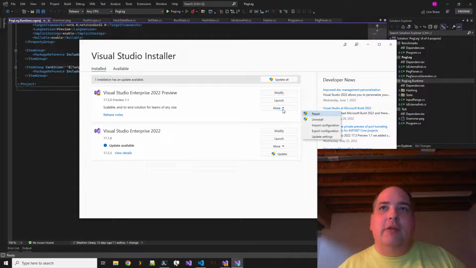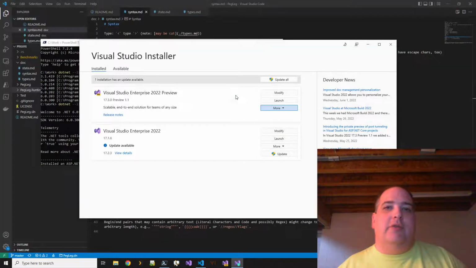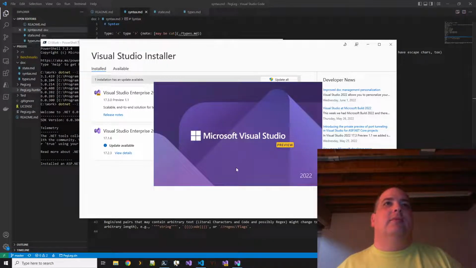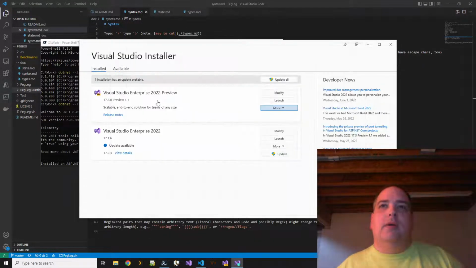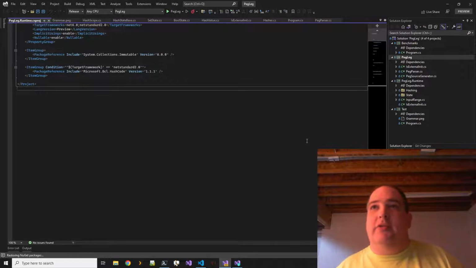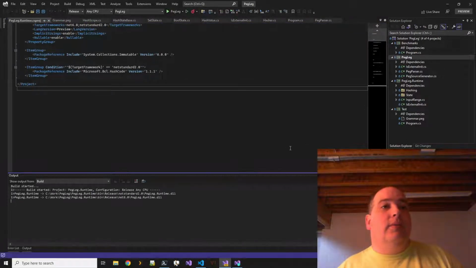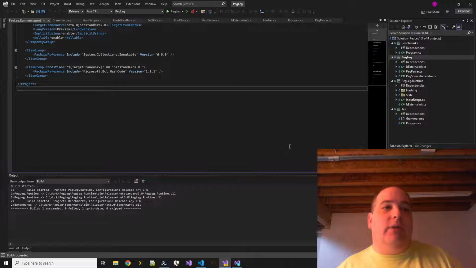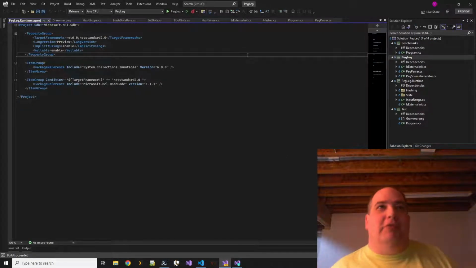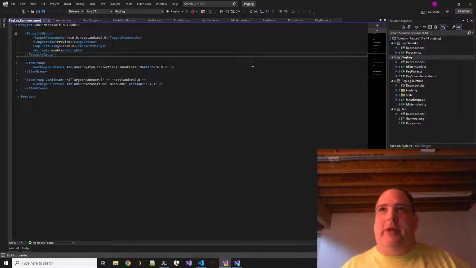Fair enough. First things first, let's restart Visual Studio. Maybe that will help. Actually, I should have grabbed that error message and seen if it's even installed. Yeah, there we go. I just needed to restart Visual Studio. Even though the installer restarted it for me, apparently that wasn't enough. Okay. Preview versions, what can you do?